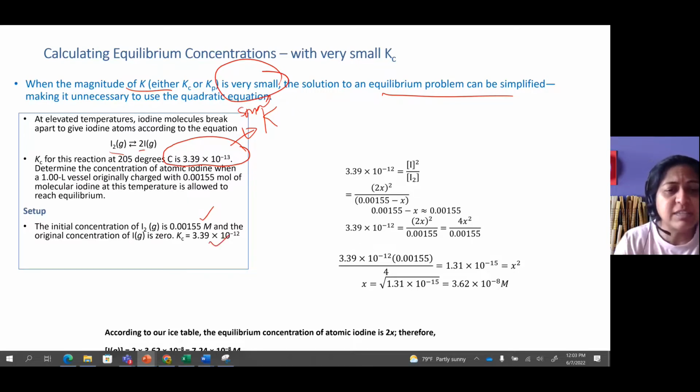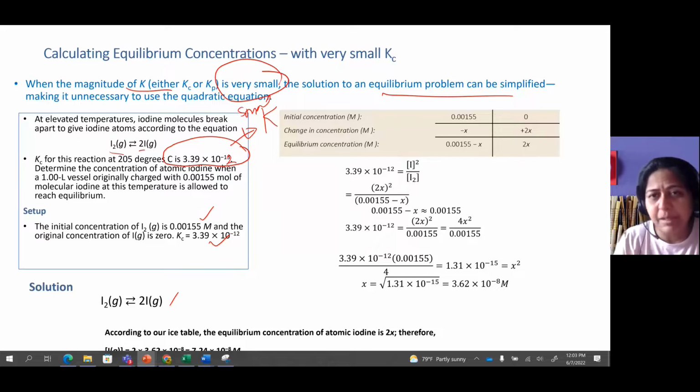0.00155, and the Kc was given for this one as, oh, I'm sorry, here it says it must be 12, right? Okay, so we'll get the reaction and then we set up the ICE table. This is the concentration of I2, and this is the concentration of I, right? This is the initial concentration, and here is X, but 2X will be produced from the I